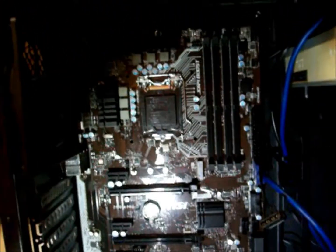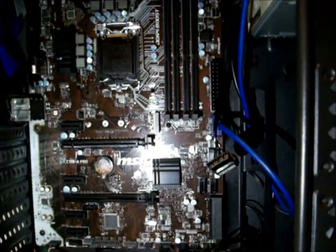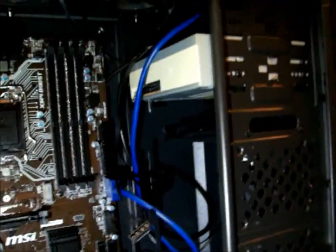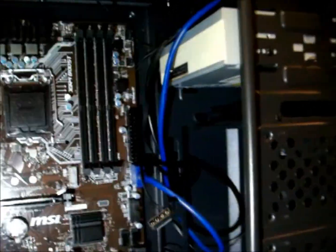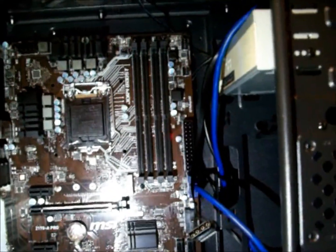Please excuse the lighting. Beginning of my first build ever. I am a noob, but I'm going to try. I'm not going expensive, I'm going budget, except for this motherboard, MSI